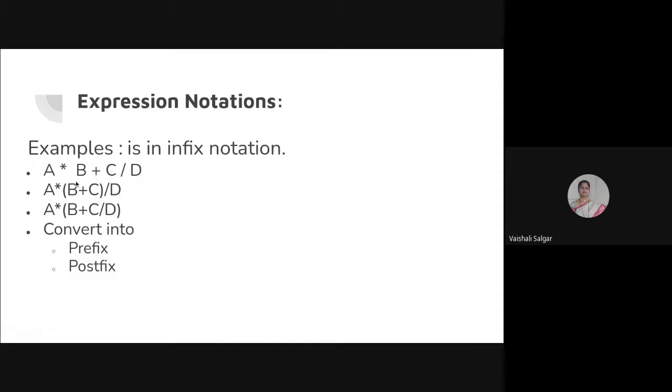After that, I think I solved A into B plus C divided by D, right? I did that for you in prefix as well as postfix. Am I right? Yes or no? Yes. Correct. And I asked you to write down the remaining two, because according to me, we stopped in the last lecture on this particular slide, if I'm not wrong. Do you remember?